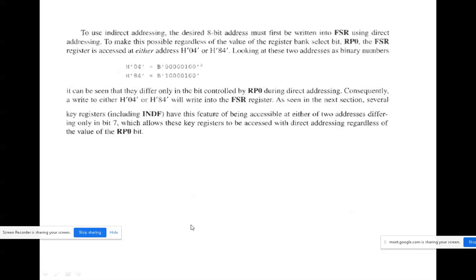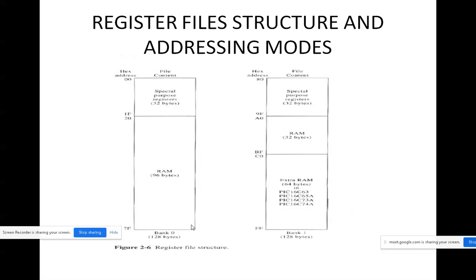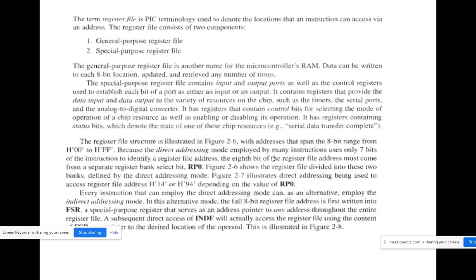The register file structure is given here. This is the structure of the register file, with addresses that span the 8-bit range from H00. H indicates the hexadecimal value, so ranging from 00 to FF. Because the direct addressing mode employed by many instructions uses only 7 bits of the instruction to identify a register file address, in a direct addressing and